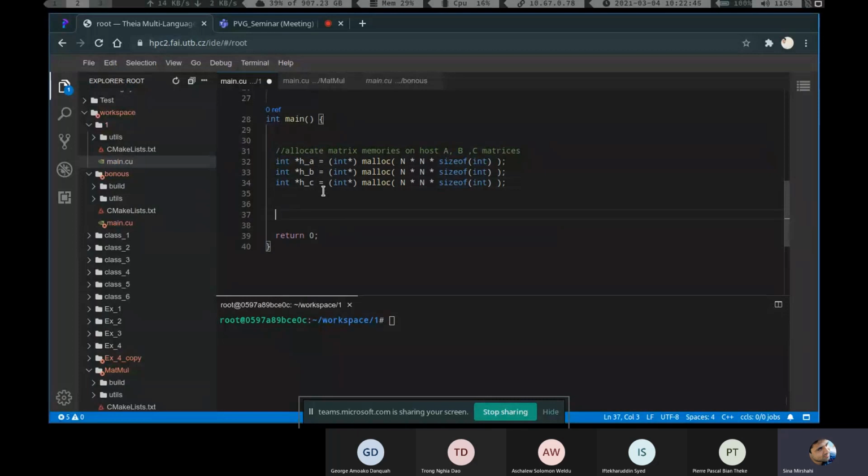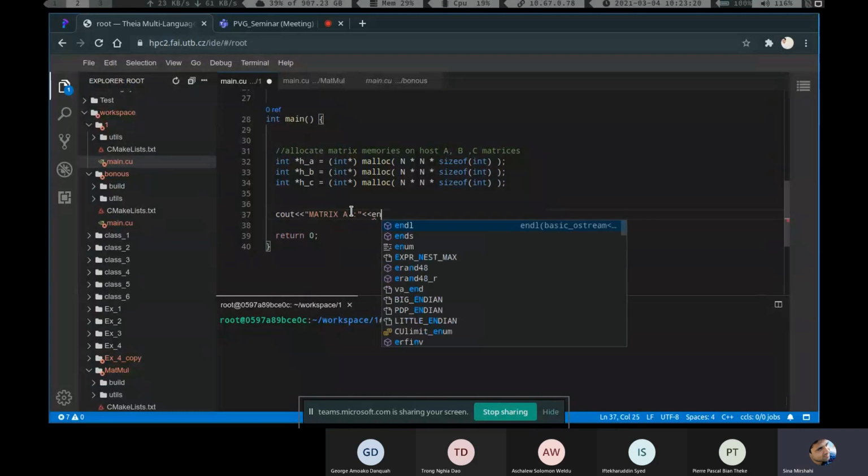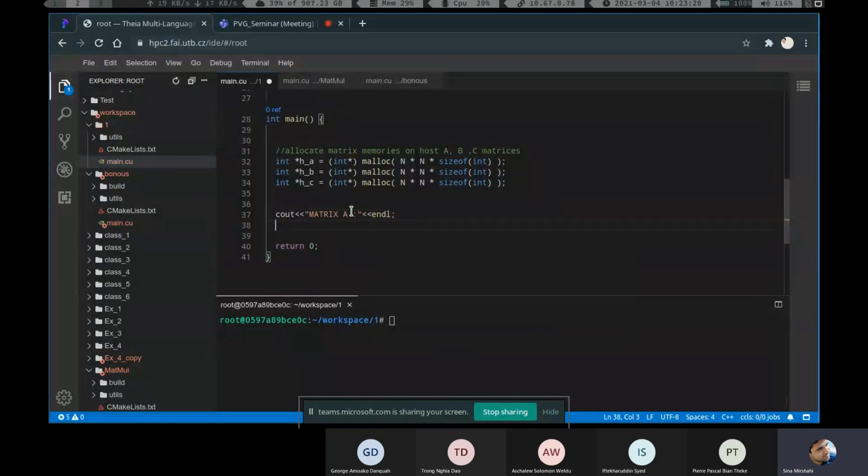So for the sake of this, I'm just going to use a for loop. Okay, I'm going to fill a matrix. So basically, let's say, write cout. I'm going to write mat. I'm just going to fill each of the two matrices with random numbers. Okay, I will call it matrix A, and then go to the end line. So basically, okay, I wanted the user to see what was the random